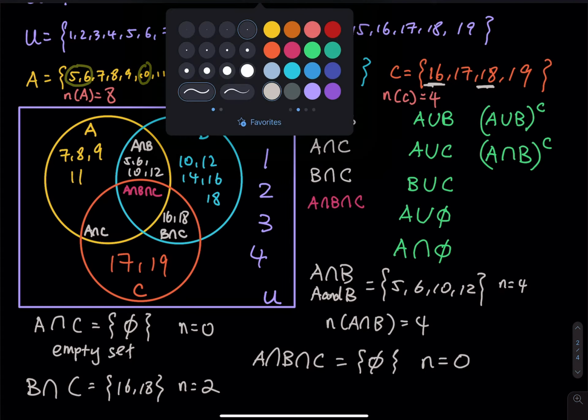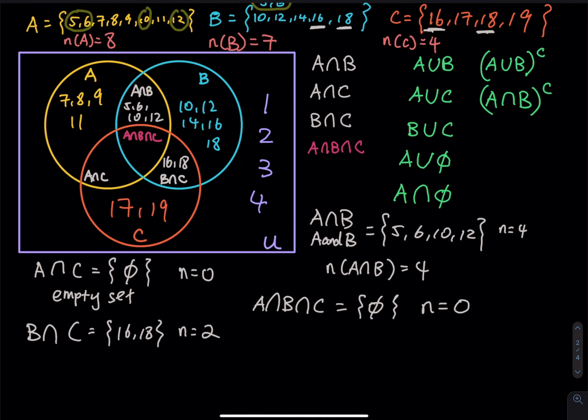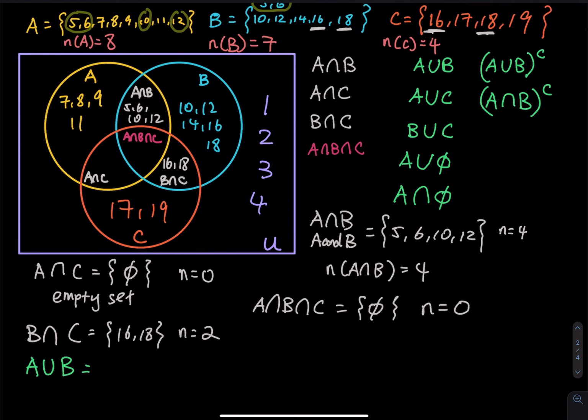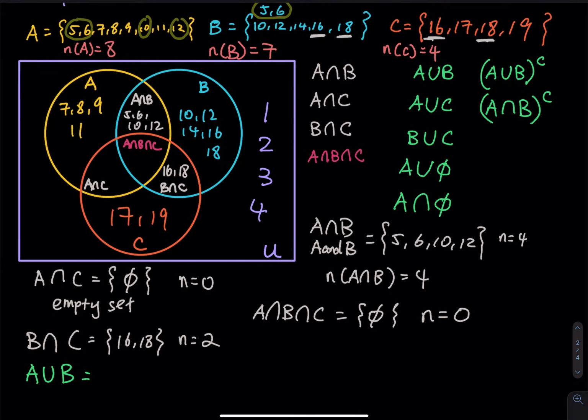The next thing is A union B. A union B includes A or B or both. So what is in A? A is 5, 6, 7, 8, 9, 10, 11, and 12. I have to remind you that between A and B, they share 5, 6, 10,